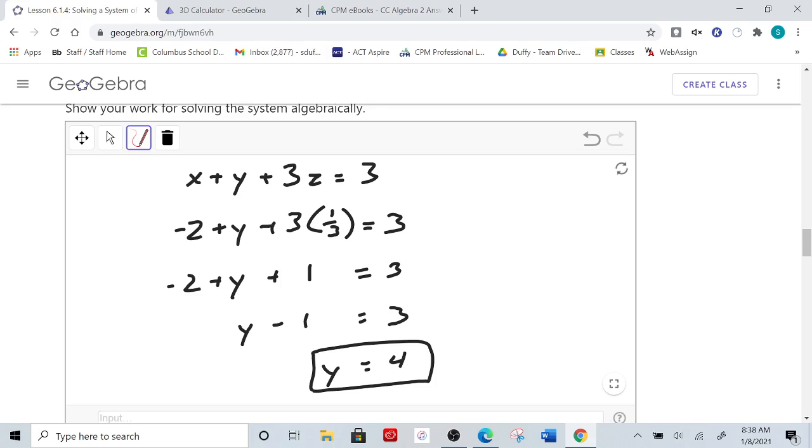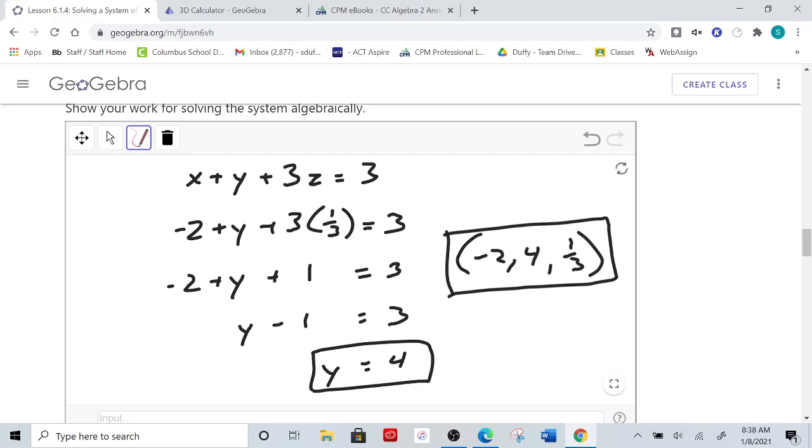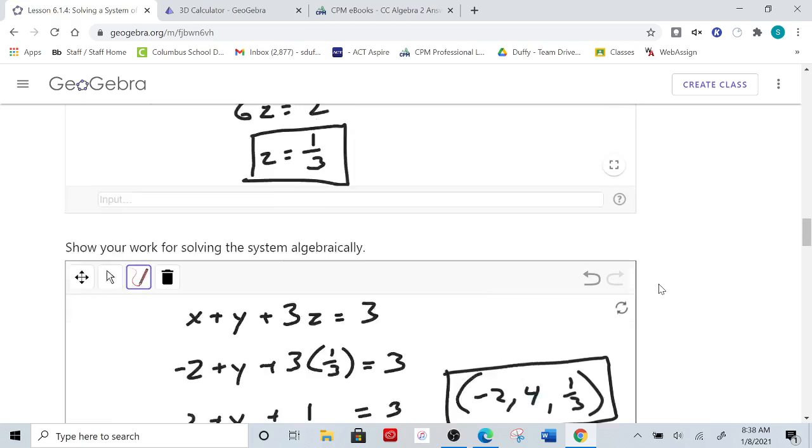So my total point would be -2, 4, 1/3. How you can check to make sure that's right is you can plug this value back into every single one of your equations, or